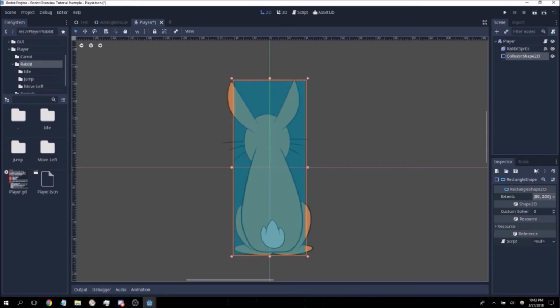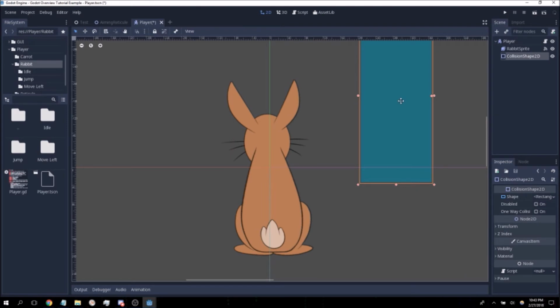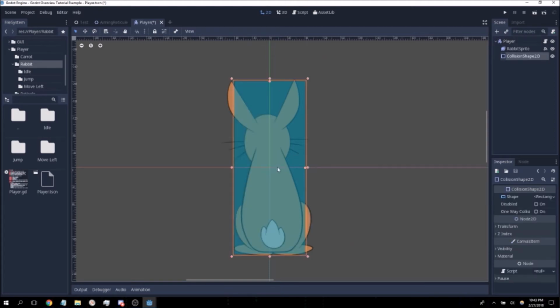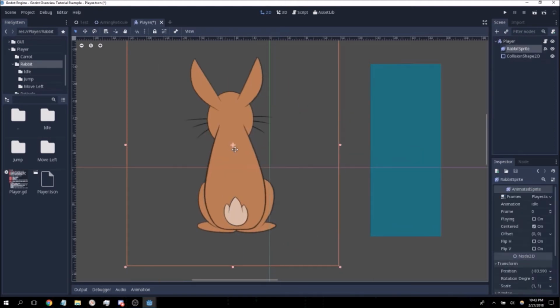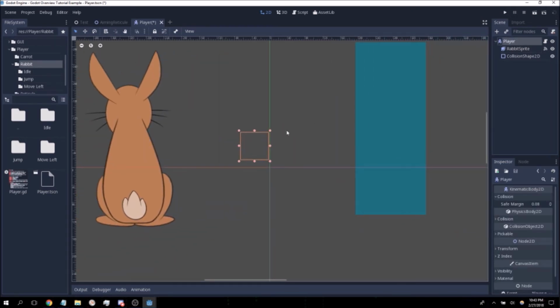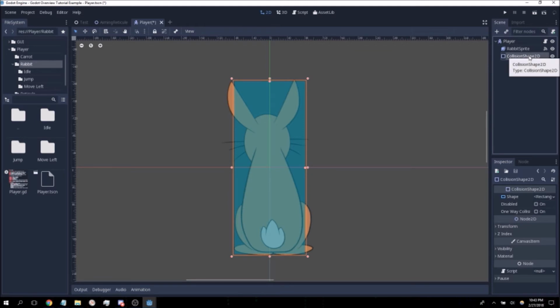8200 works. Now if you want to change its position, by the way, and again remember, it is relative to the kinematic body here. If I move the kinematic body, whoops daisy. Well, actually, I can't really help but grab the collision box because this is on top. But what I do is if I move the collision box and then move the sprite and then move the player kinematic body, which is right in the middle of them, they both move with it because again it is all relative. So I'm just going to hit Control Z to undo all of that. So now we have a collision shape 2D attached to it, with obviously a hitbox. Let's explore